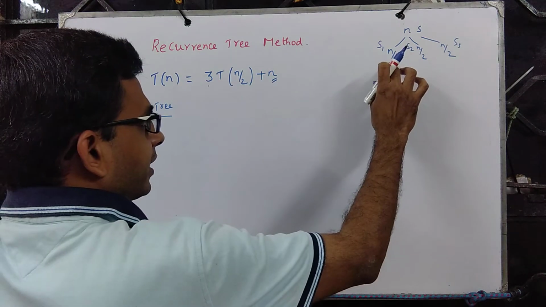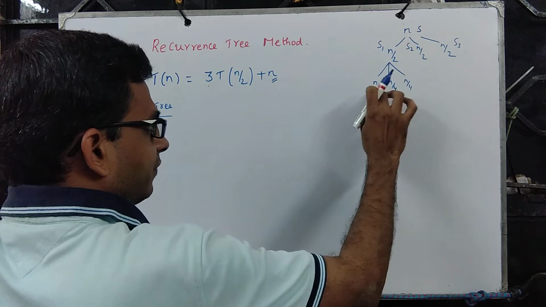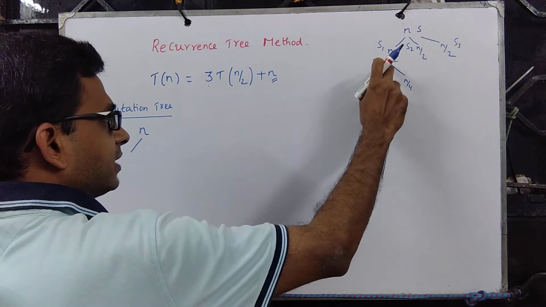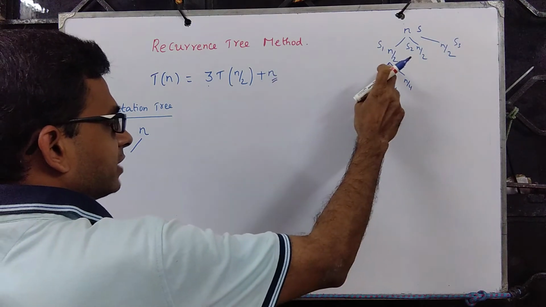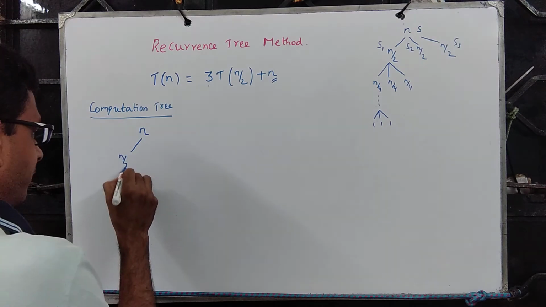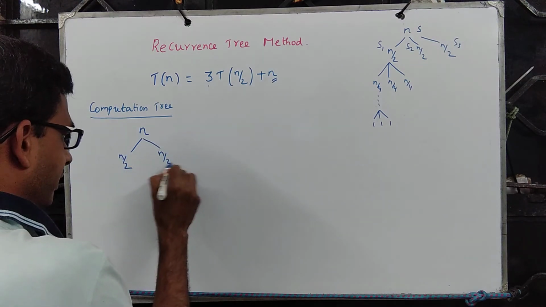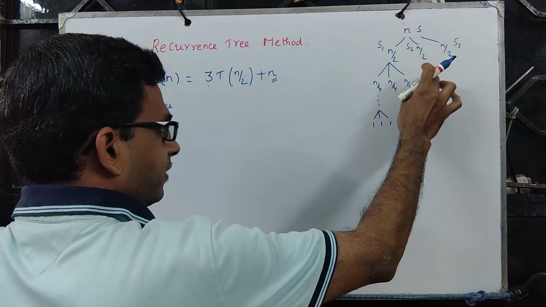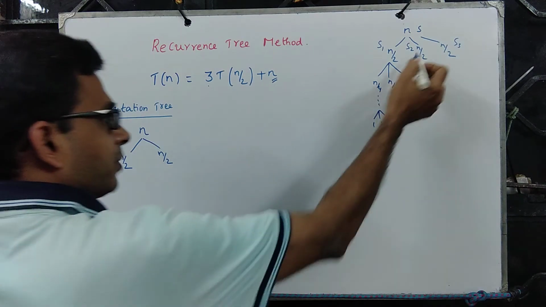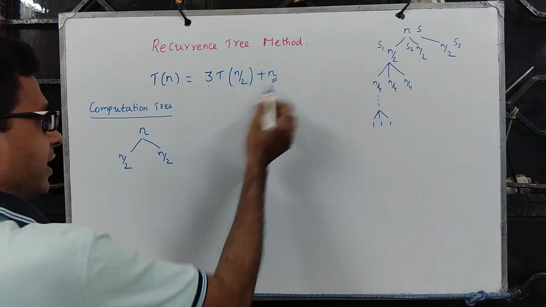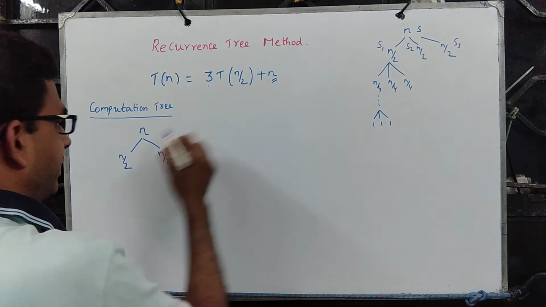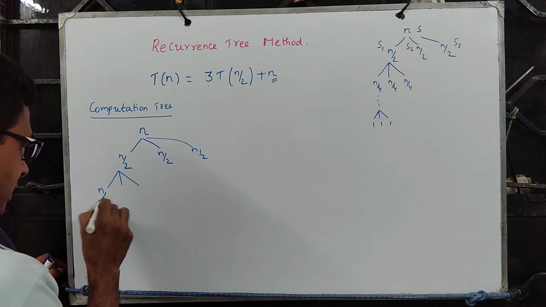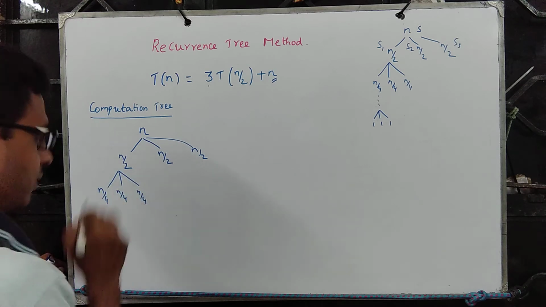And similarly, to get the solution to this, we take the solution from these three, and the cost of combining is n, but when the problem size is n by 2, the cost is n by 2. So this is n by 2. Similarly, you get the solution to this subproblem with the help of these three subproblems. Because the problem size is n by 2, the function says if it is n, it is n; if it is n by 2, it is n by 2. So we get n by 2 here. So we keep doing this, then it becomes n by 4, n by 4, n by 4 and so on.